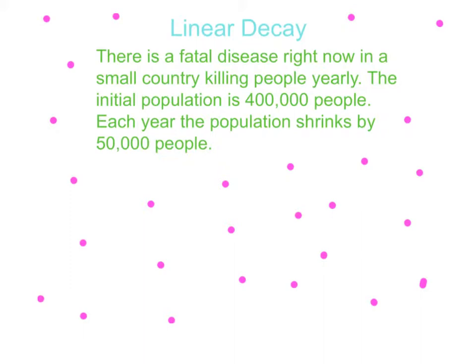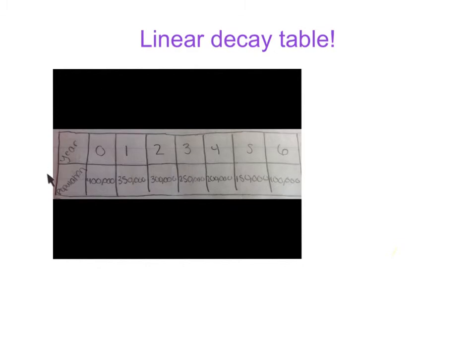Linear decay. There is a fatal disease right now in a small country killing people yearly. The initial population is 400,000 people. Each year, the population shrinks by 50,000 people. This is our decay table. This shows that every year it decreases by